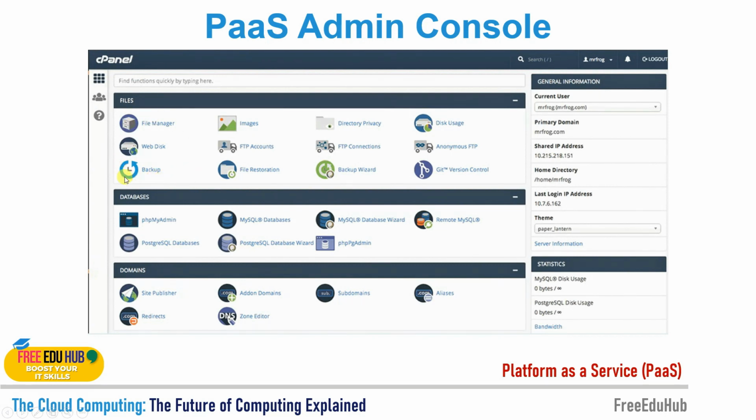You can maintain the backups. You can define the backup scheme yourself. If you want to take the backup now, you can do it. Otherwise, it would schedule itself to maintain the backups at a certain time. You can install different applications and can take care of your domain and subdomain and DNS zone transfer, etc., using the web-based console. So you don't have to worry about managing the server physically. All you need to do is you must be familiar with this cPanel through which you maintain your own installations